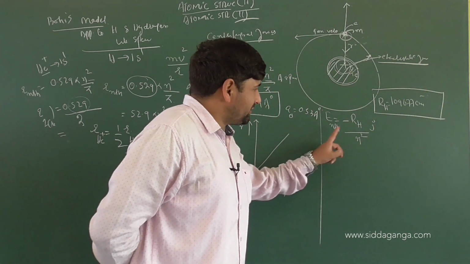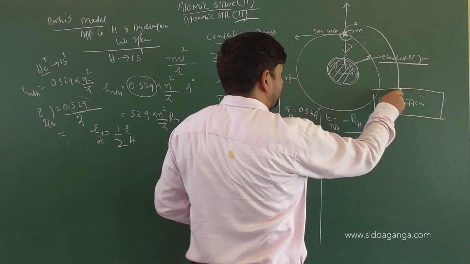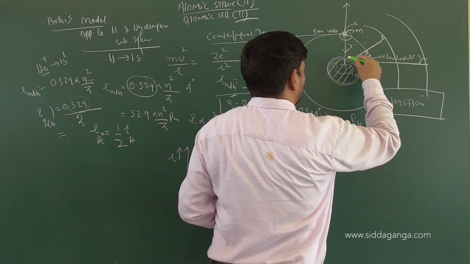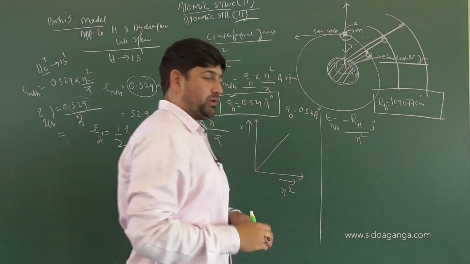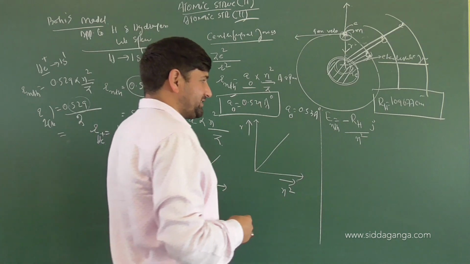So what will be the energy of the first shell? Tell me, last time what did I mention? When we keep going away from the nucleus, what happens to the electrostatic force on the outermost electron? It decreases. So what happens to the energy? Stability decreases, energy will increase. Let us see whether it is correct or not.